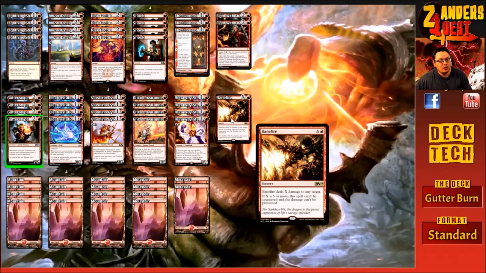A lot of people are liking the look of Esper, blue-black control. There's a lot of control decks happening, so Banefire is definitely something that Mono Red especially is going to want to be playing. So we've got another copy in the sideboard, but we're just running the 1 copy in